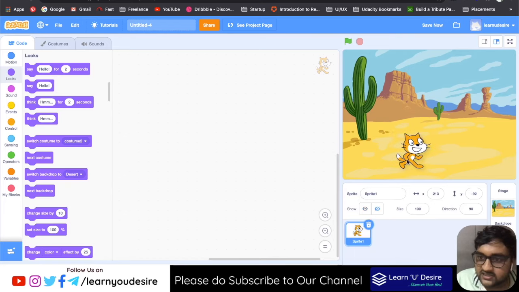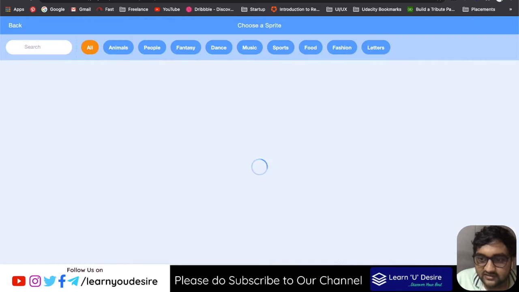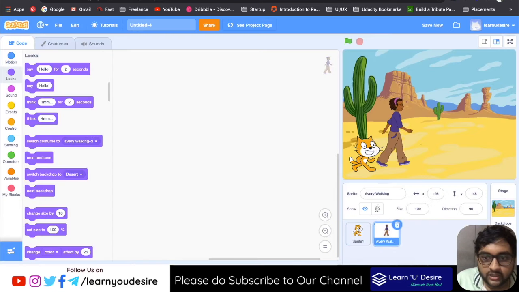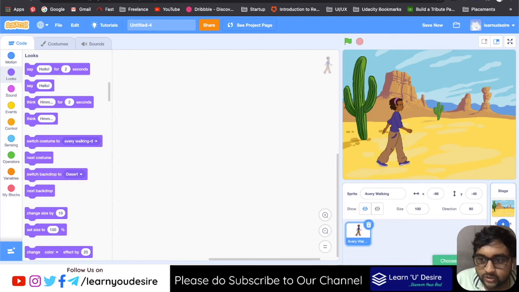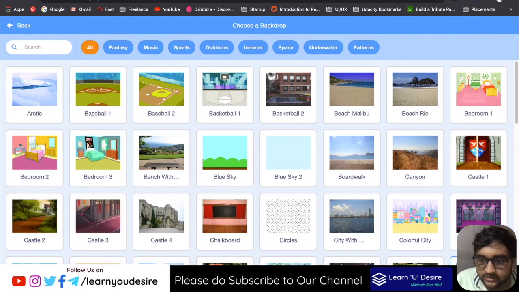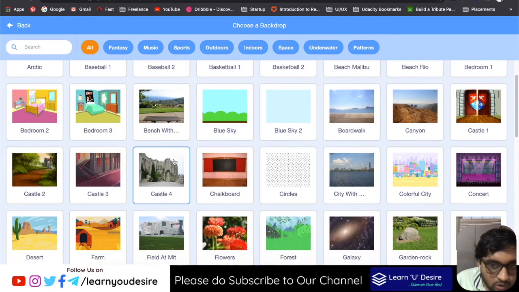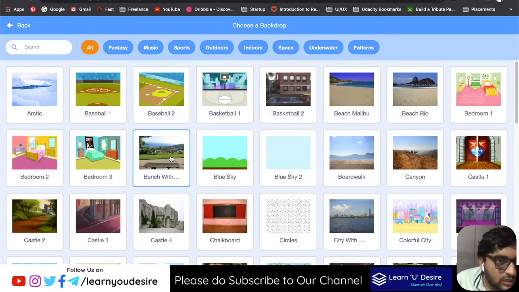So I feel we can change our sprite. Okay, bye sprite. Where do we want to put him now? By the way, you can click on the right bottom corner, I guess. Yeah, you can click on here and choose different backdrops. Quickly let me see what might suit our new sprite.